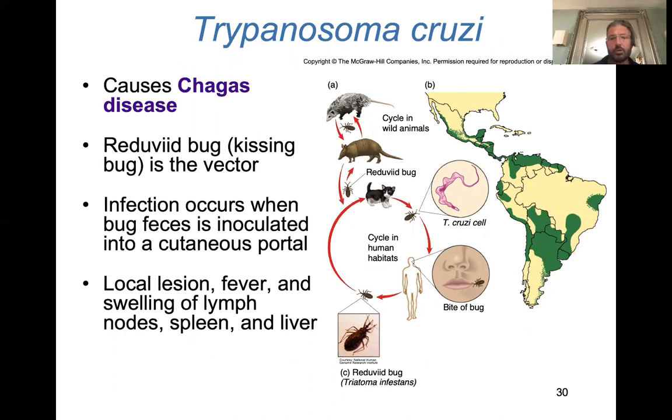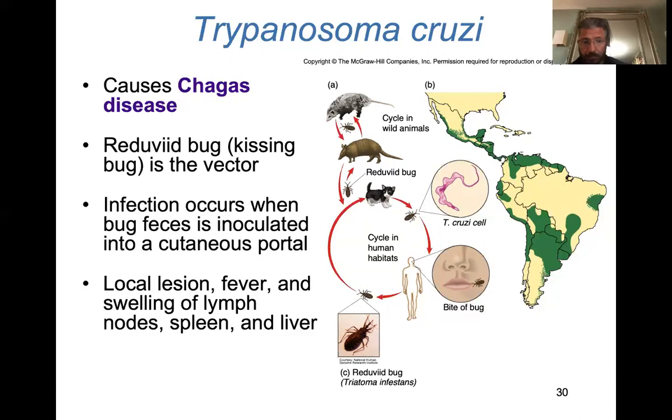So they're going to puncture you, they're going to defecate, and then as you scratch it, you're wiping that feces or defecation into your bloodstream. So you're technically inoculating yourself. This is not carried in their bloodstream. It's actually carried in the digestive tract. And as you wipe it into that wound before it completely clots, you're going to be spreading it to yourself. So that would be something they might ask you: one is transmitted directly by the vector, the other one is in the digestive system, and you inoculate yourself.